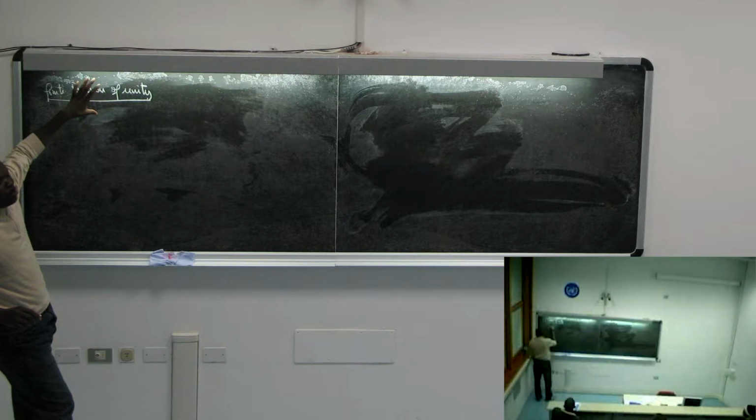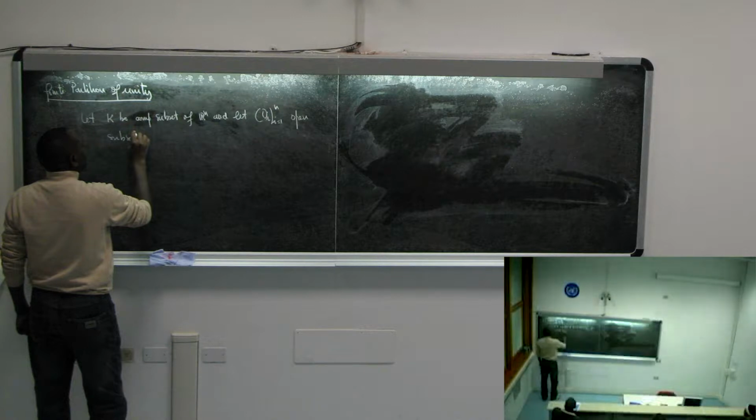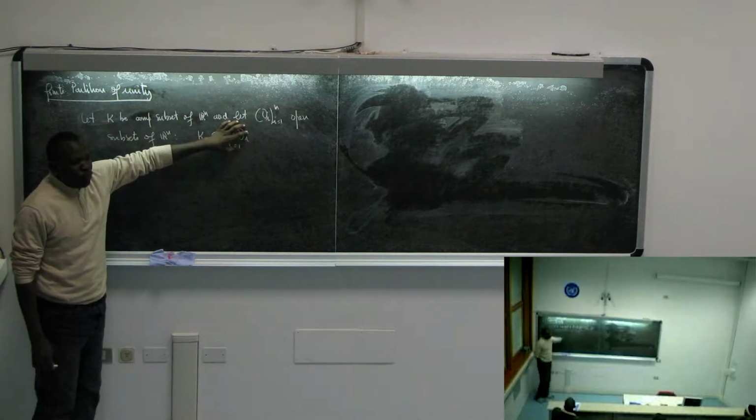So let K be a compact subset of Rn and let O_i, i equal 1 to n, be open subsets of Rn such that K is in the union for i equal 1 to n of O_i. So we have K in a finite union of open sets. Partition of unity says there exists